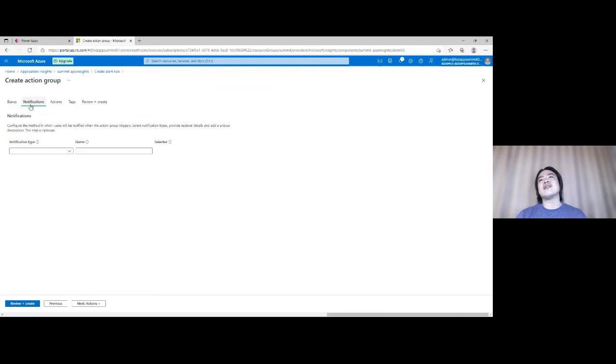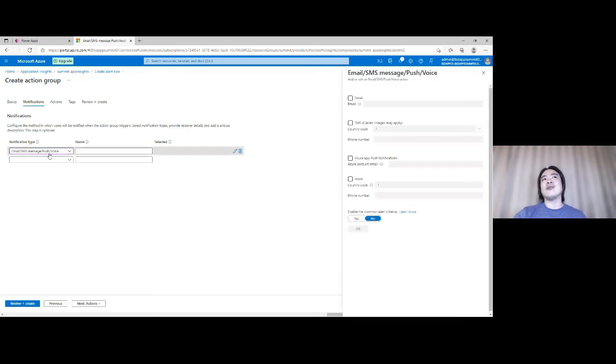In notifications, you can specify who you want to notify and how you want to notify them. So you can use Azure Resource Manager roles. So if you're using the identity access management within Azure and you've got people set up within roles, you can email them. Alternatively, you can use the second option, which will allow you to specify an email,